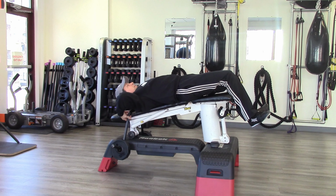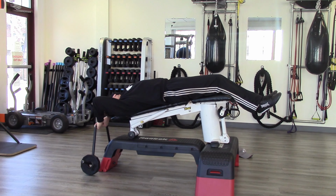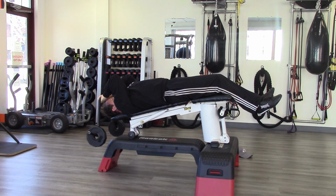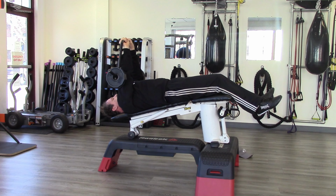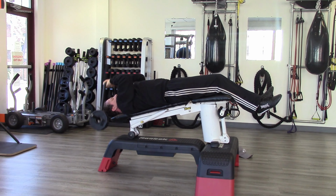You just bring the bar overhead. So this position allows you to get that really deep stretch, and you can come in, and the humerus is already at the 30-degree position, so we don't necessarily have to bring it down like we did on the flat bench. You're already in position, then you exhale, and you go straight up. So technically, you're still at that 70-degree position here. So you come in, then exhale,